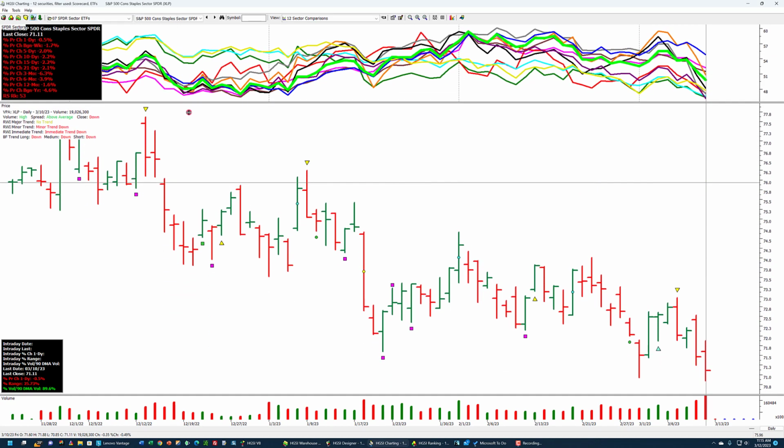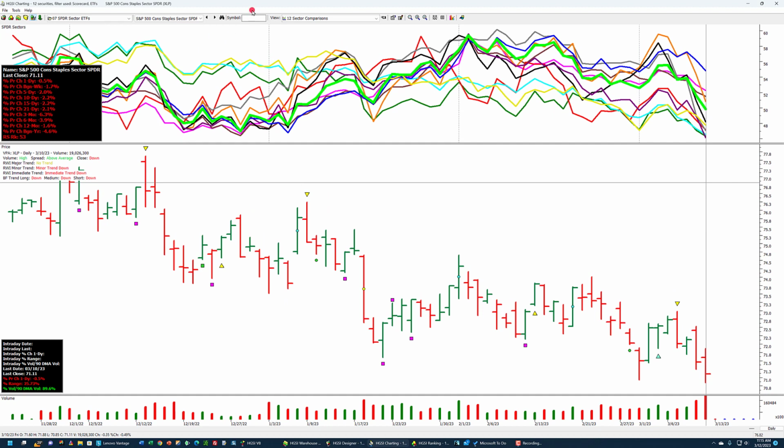Now, the way I have this set up, I'm going to make this chart smaller up here, but I'm in the sector ETFs. I'm on consumer staples right now. If you look down at this window, it says consumer staples spider, the last close, and then the percentage price change over various time periods.